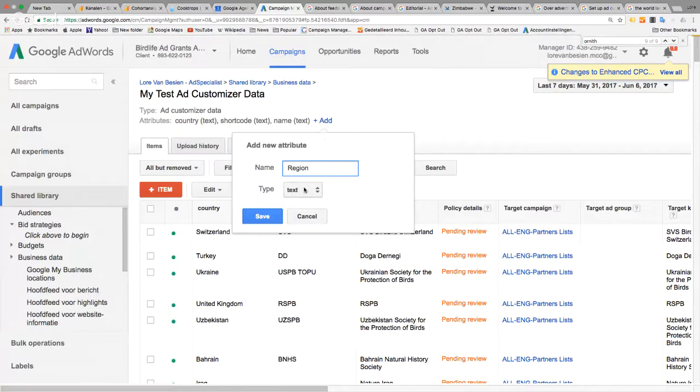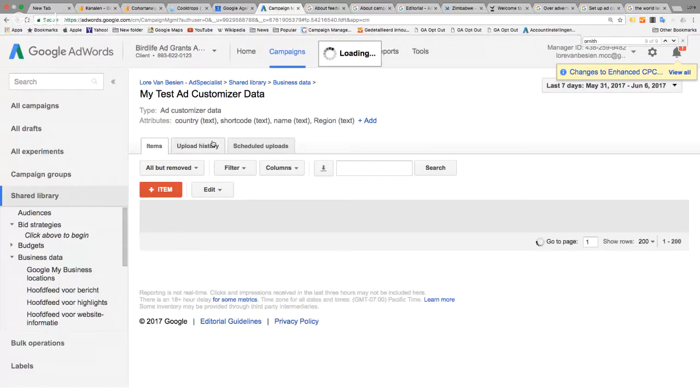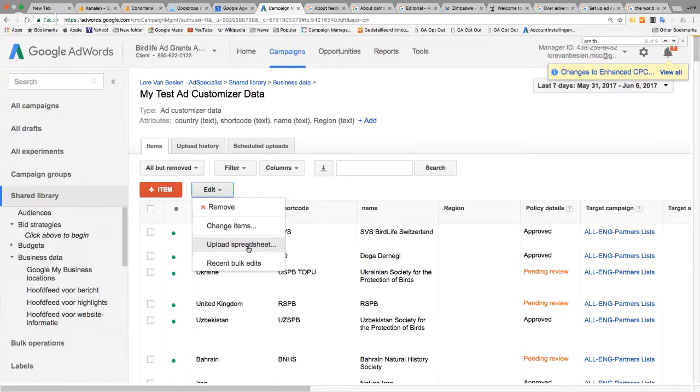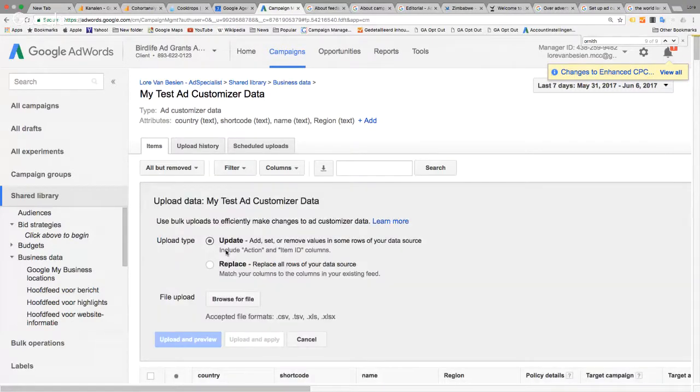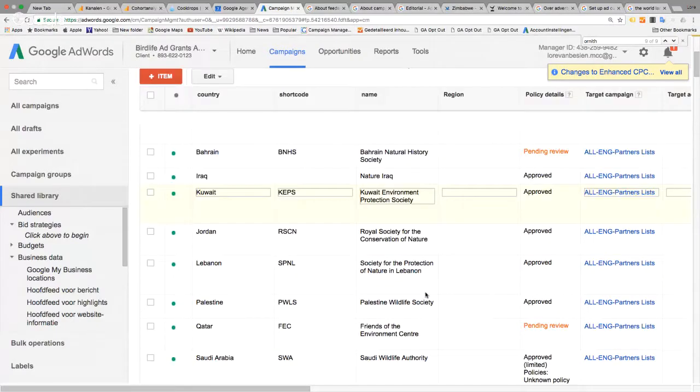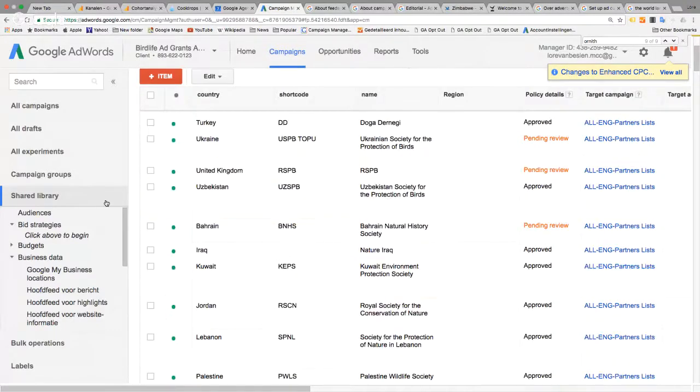It's going to be a text attribute, and then I actually can upload. So region is included here. And what I can do is I can upload a new spreadsheet which has a column region, and that will actually update my original spreadsheet, or you can completely replace everything what you had before. Once this is done, you're ready on the part of the shared library, and you should go and have a